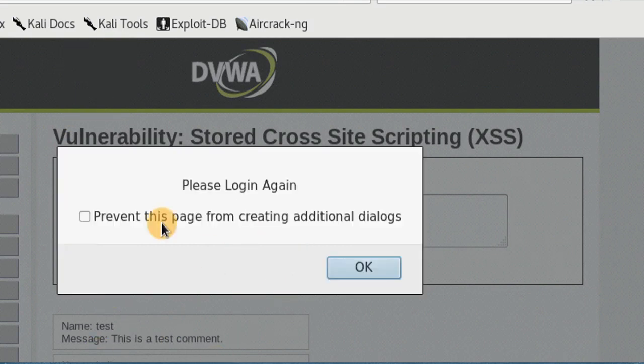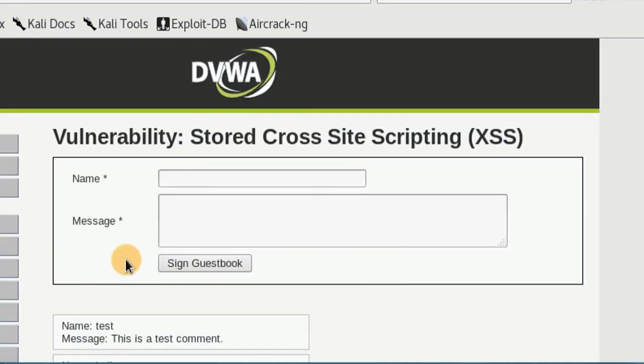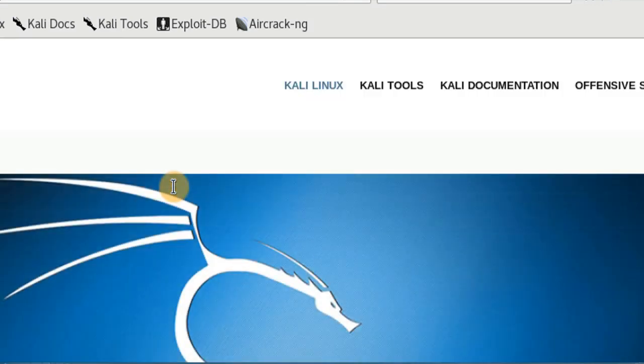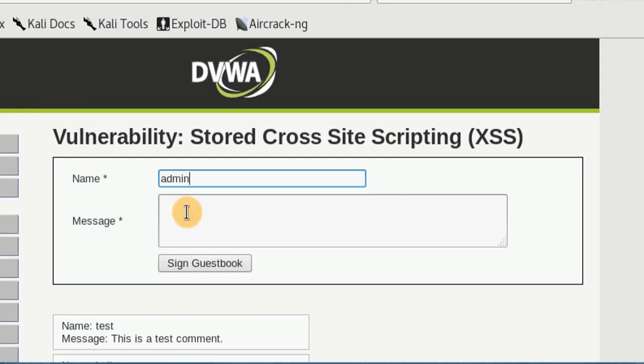After I click OK, it will say please log in again. Right, so I just click OK. So that is what is happening now. Let's do one more thing. Oops, basically I just clicked somewhere else. Okay, admin. This time